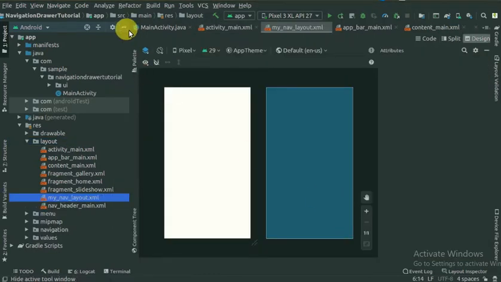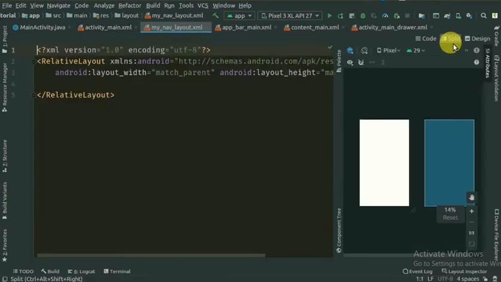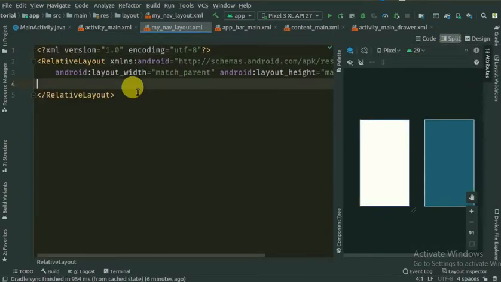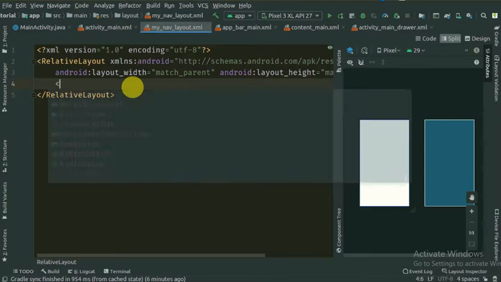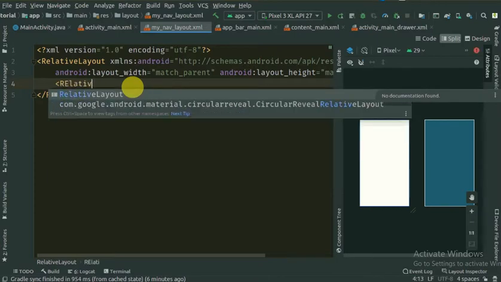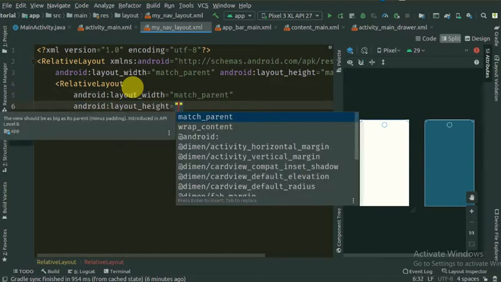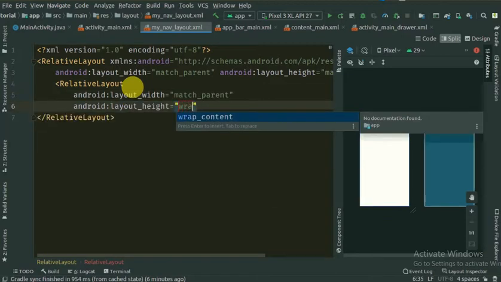So here let's customize our layout using a list view. First let's add our header section. So I am just adding a relative layout for our header, and for that we can give width match parent and height wrap content.